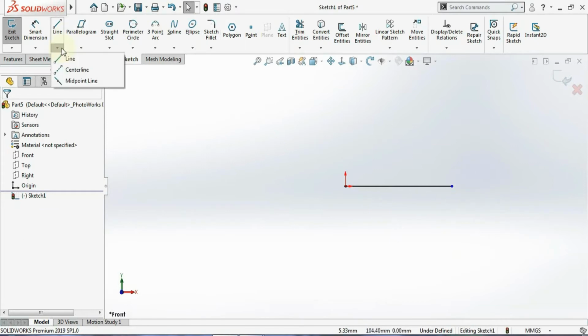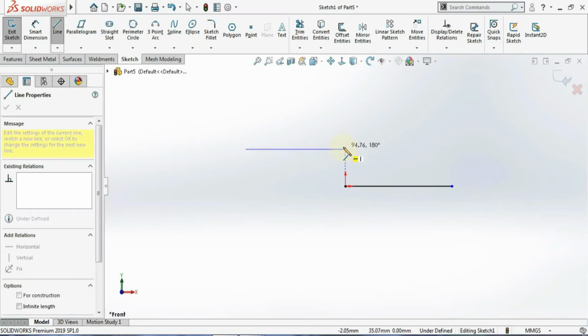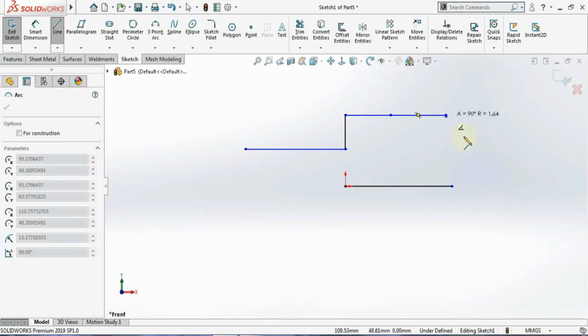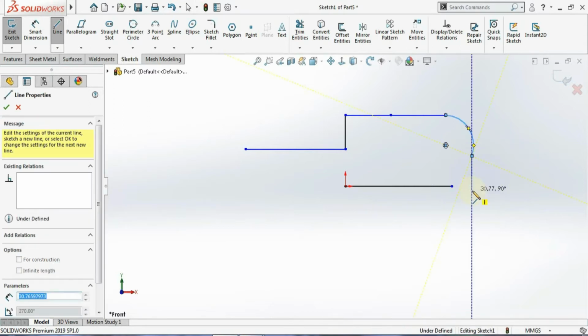So I'll show you once again one thing. If you want to create the line, you can give the direction or you can click over there. But the line itself we can use to draw the arc. For that, just click on the point and move the cursor back to this point. Just keep the cursor, don't click over there. Now you can see the line is drawing the arc itself. In the same way you can draw the lines again,